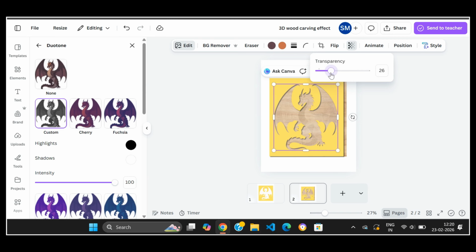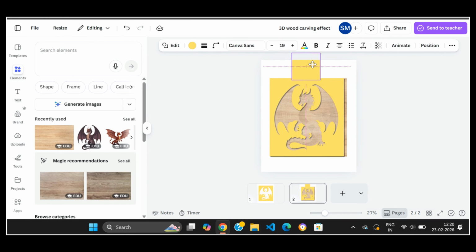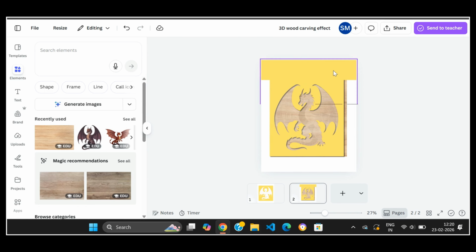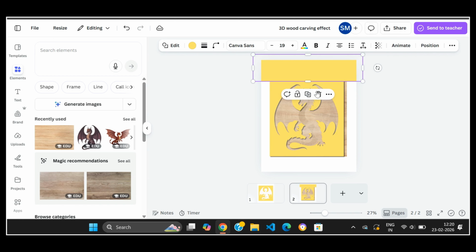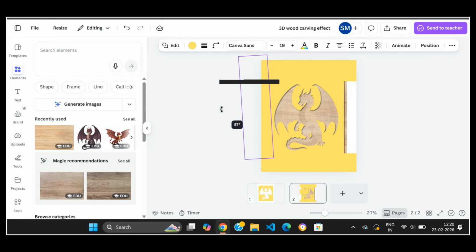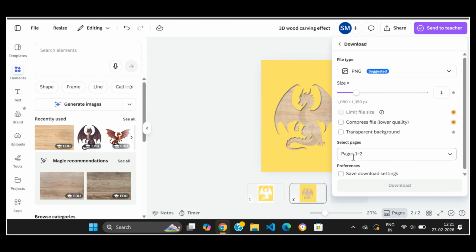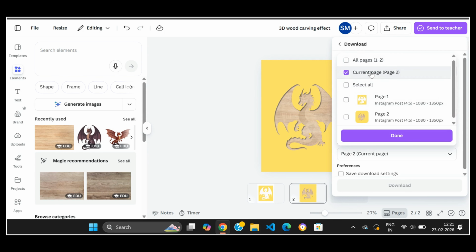Now press Alt R for rectangle and जो भी white space है उसको आपको इस तरीके से rectangle से fill कर लेना है. Okay, like this. Now download this page into PNG format. Okay,